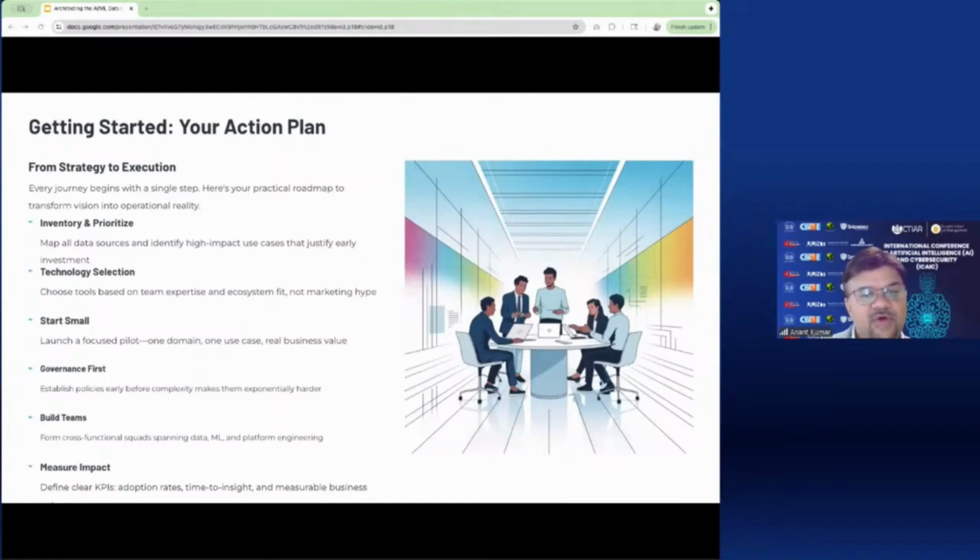I talked about governance. Establish that first. It's not fancy, it's not exciting, but it's much easier to have it set up before your petabytes of data and dozens of teams come into play. Set the policies now while it is still manageable and build a cross-functional team: data engineers, ML engineers, platform engineers. They all need to work together constantly. Break down organizational silos